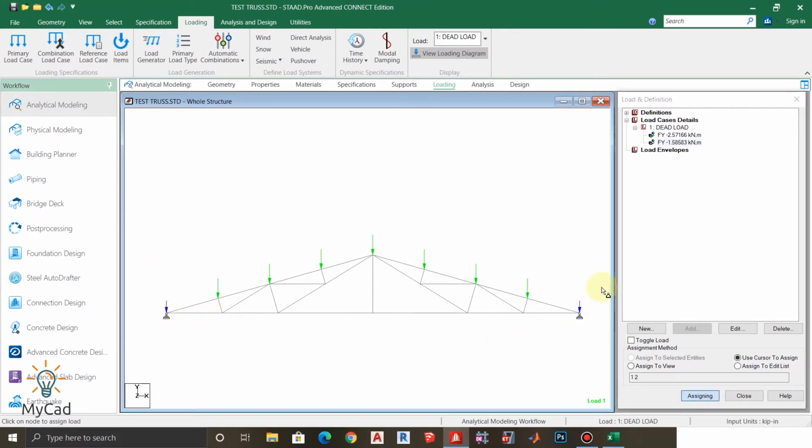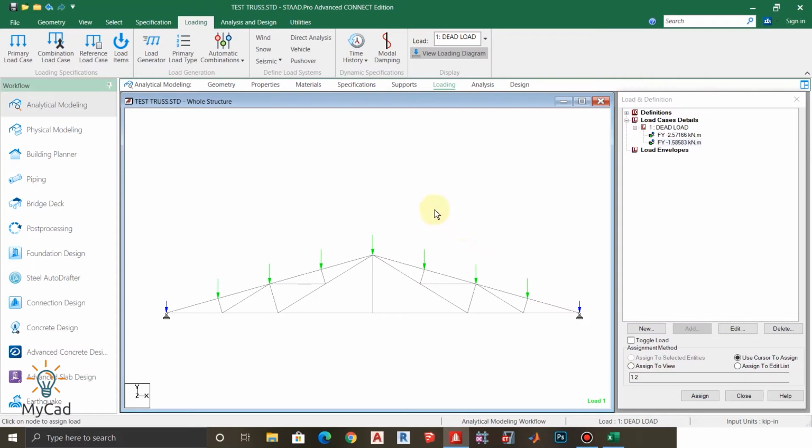You can see the load is now applied, and after successfully applying this load, you can see some green dots appear here. Until and unless you assign that load to some part of the structure, it will not turn green. And as you can see, our assigning option is also now activated. So to close that, I will just click on assigning, and it's now closed.